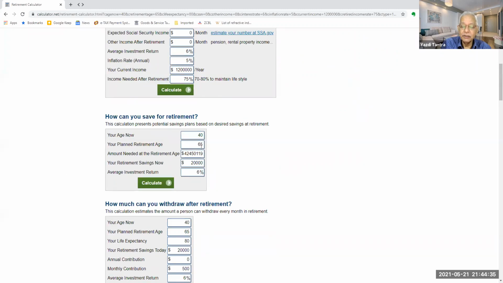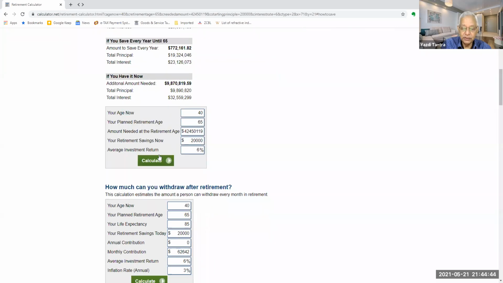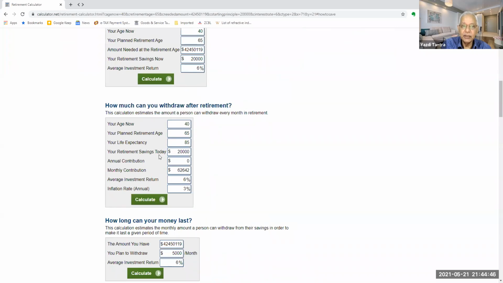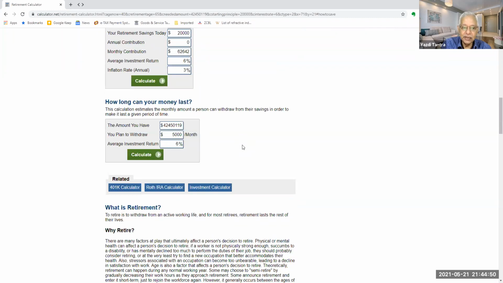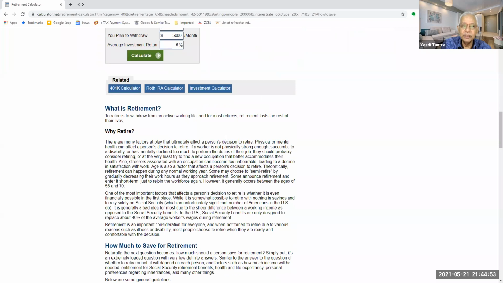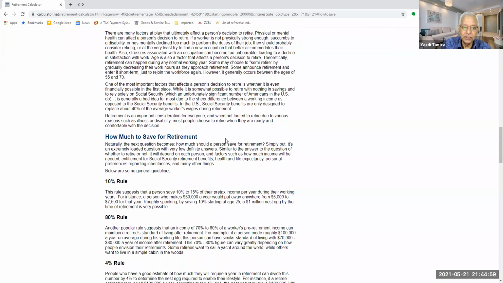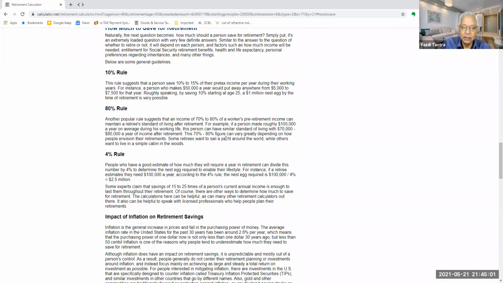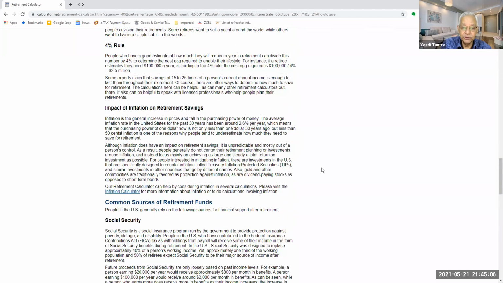So if I am 40 now and at the age of 65 I am going to retire, how much do I save per month now so that I can retire peacefully and get 75% of my income, how much to withdraw, how long can my money last, etc., etc. And then down below you get some interesting stuff which helps you to understand the figures and how the calculation is done. These are some of the tips which you require.